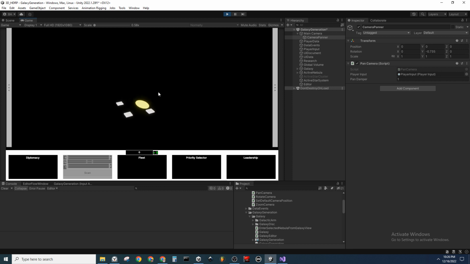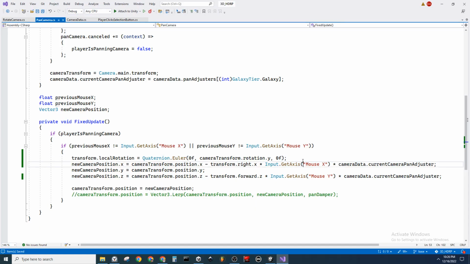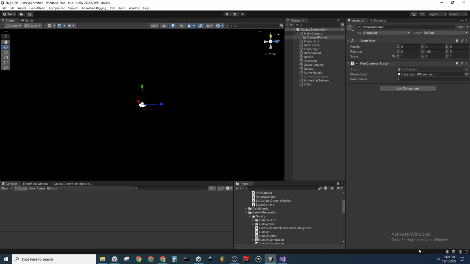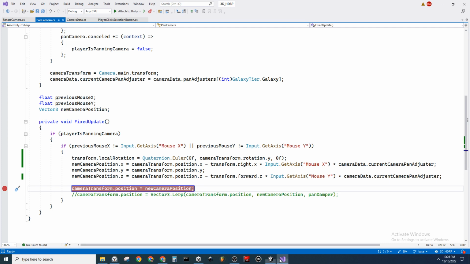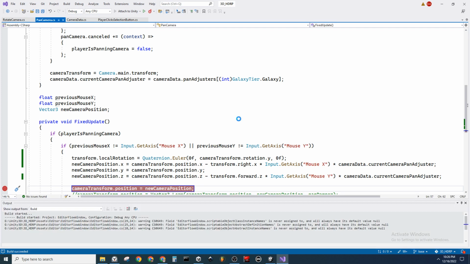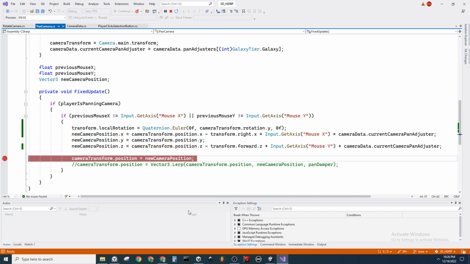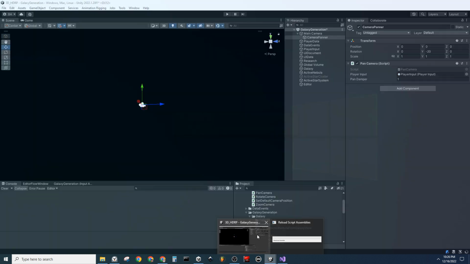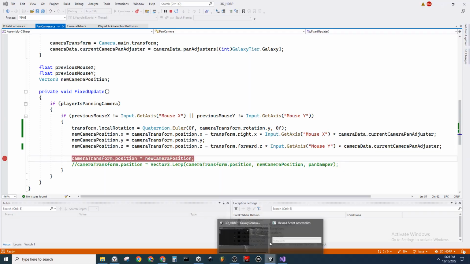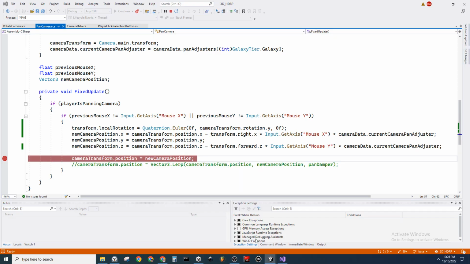Man, it's strange. Debug. The only other thing I can imagine is I have to create a thing that just knows what angle,